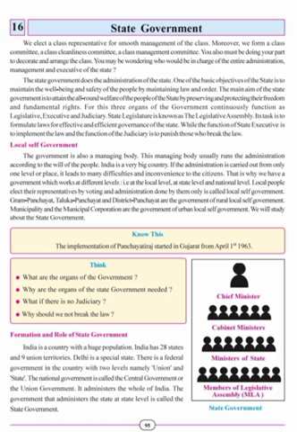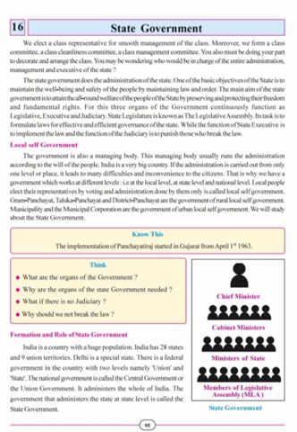When local people elect their representatives by voting, and administration is done by the people who have won in the election, this type of government is called local self-government. Know this: the implementation of Panchayati Raj started in Gujarat from April 1st, 1963.